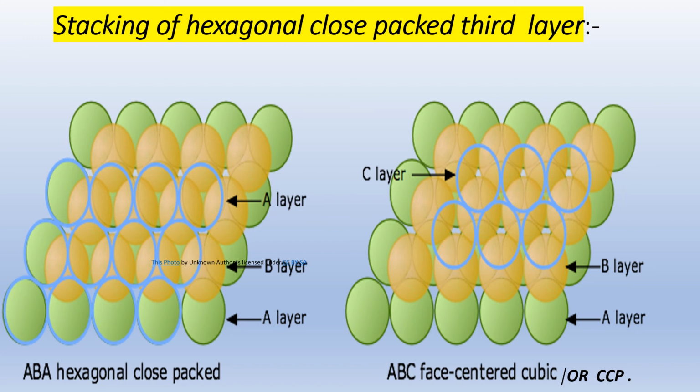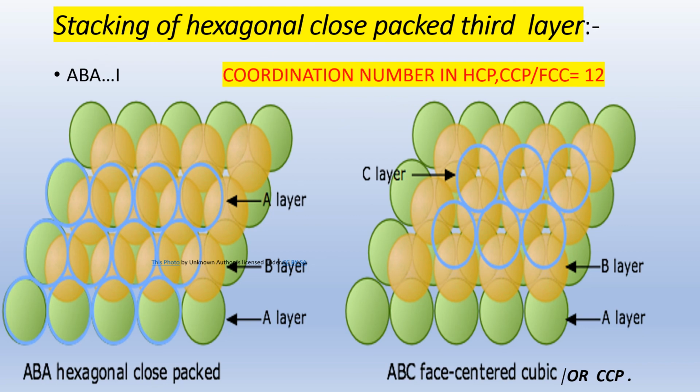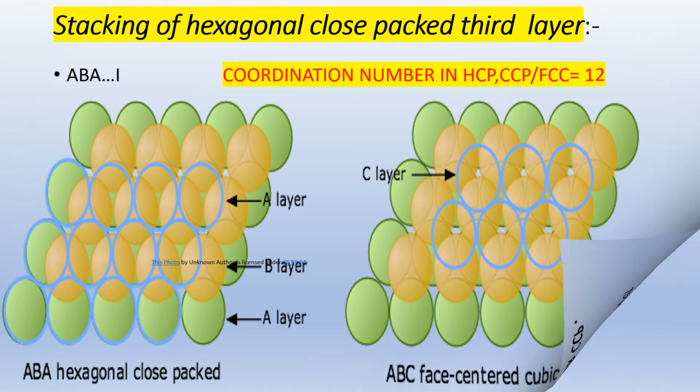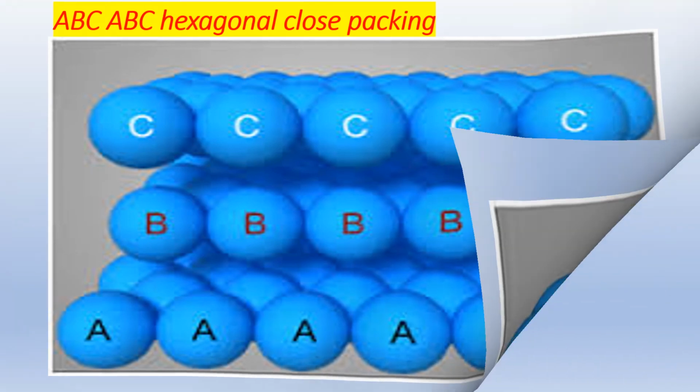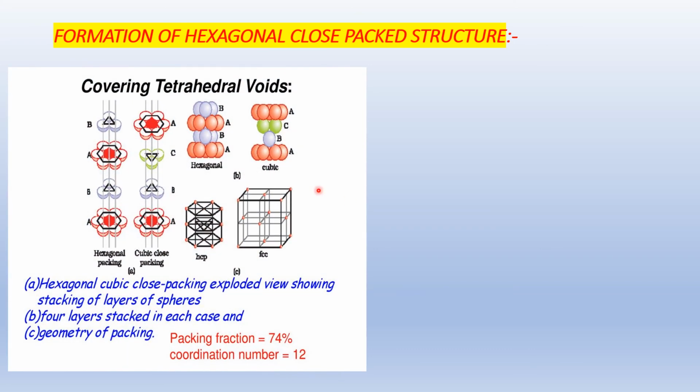Okay. Next, we know that in the cubic close pack structure the coordination number is equal to 12. In the ABC layers, the diagram indicates the first layer, second layer and third layer, and the ABC layers continue. Understand with this diagram.